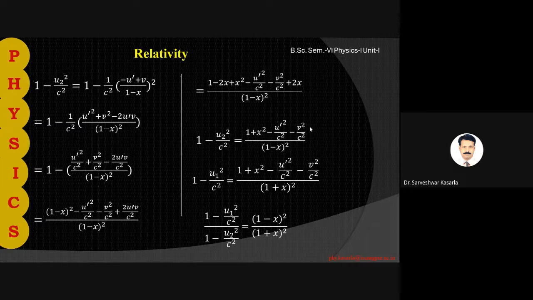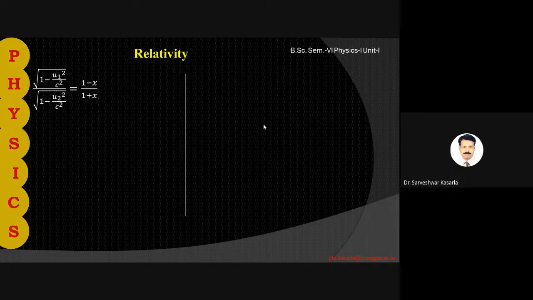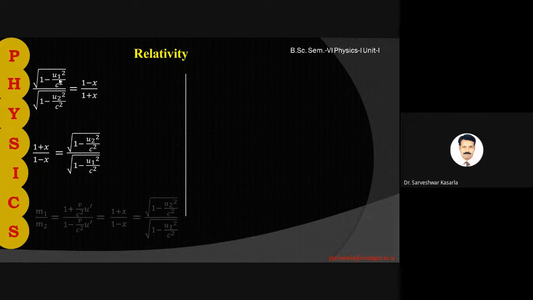So here we have now the same expression repeated. And what was x? Before that, yes, we rearrange the equation like this: (1 plus x) upon (1 minus x) is equal to under root of 1 minus u2 square by c square upon under root of 1 minus u1 square upon c square. So as I said initially, we have derived the expression